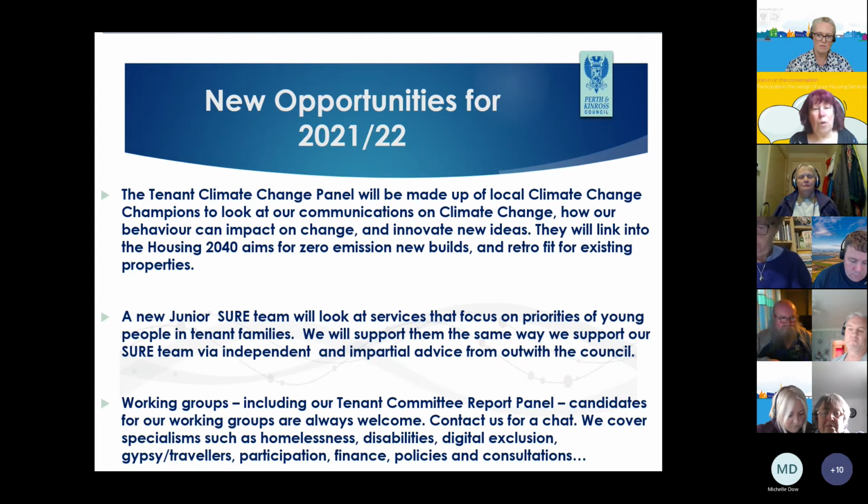So we'll start this panel up and we will do some training for them. We'll take them on study visits. We'll have a look at the impacts. The Glasgow COP meeting will be fantastic for them to read up on. And we will do a few interesting things for them. So I'm glad we've got the names forward. So we'll start that group, and it'll be working alongside many of our other working groups. It'll probably link into the tenant and resident participation groups. It'll link into the HRA working groups. We've got even the committee report panel. I know you're always recruiting for that, Diana, because there will be various pieces of work that overlap. So we're really excited about having this new group.